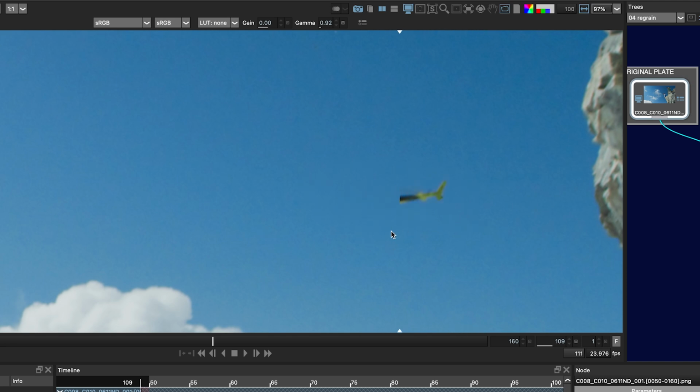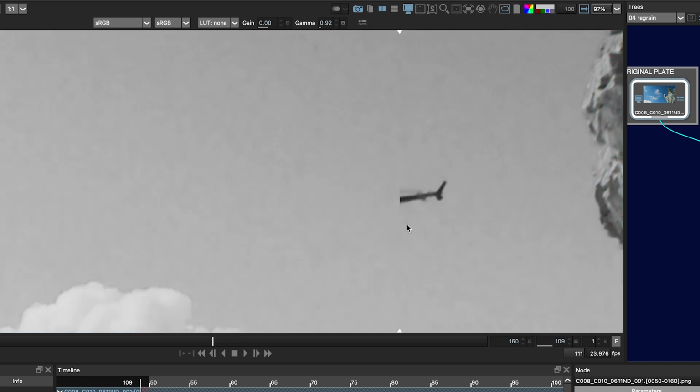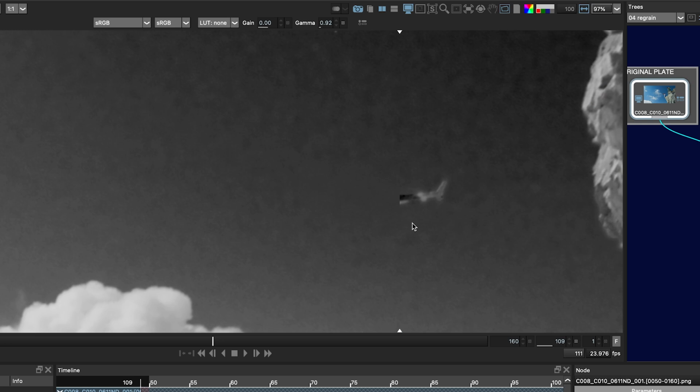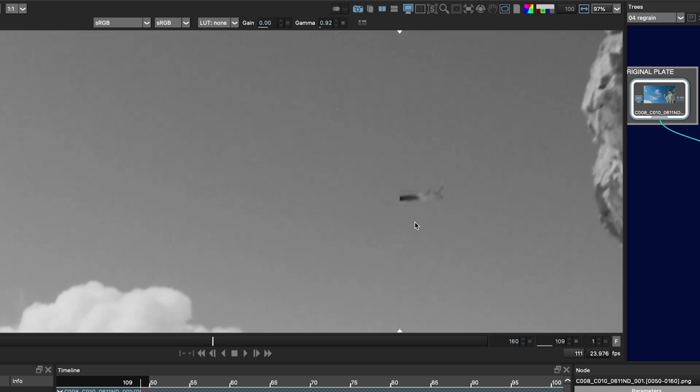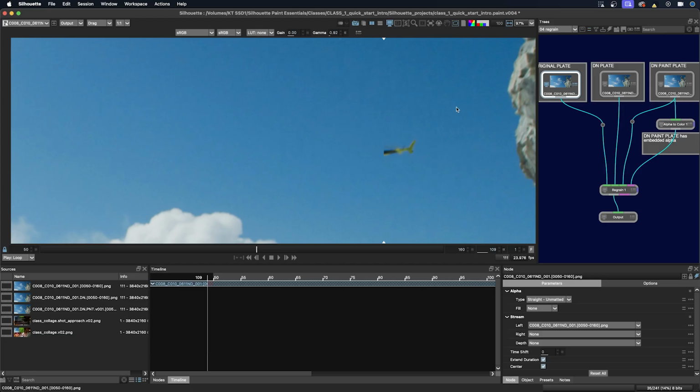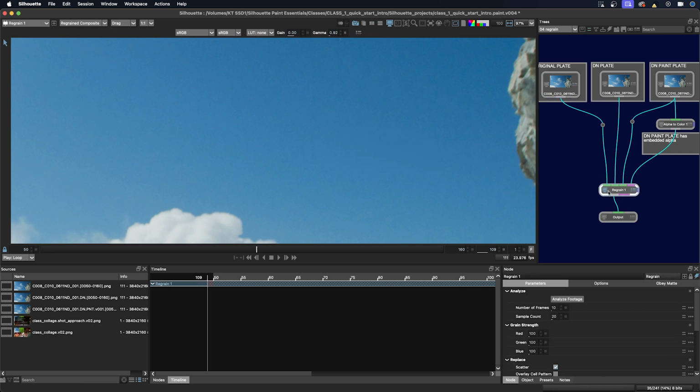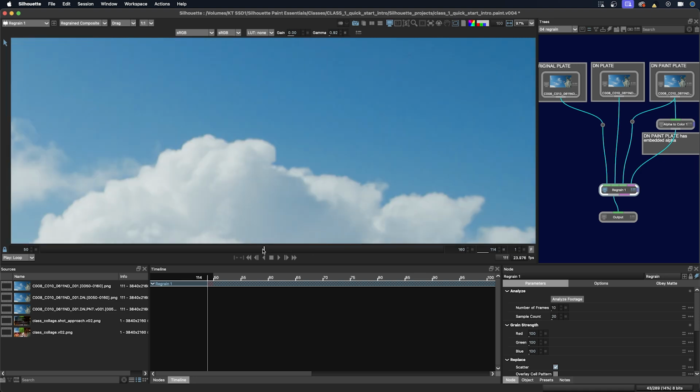I'm just going to cycle through the channels. If the grain looks a little too light or a little too heavy in some of the channels, you can go back into the parameters and start changing some of those. But we're going to just try to finish this class up now, and we can explore those options in a different class later on. I'll turn off the snapshot split screen, and we'll go back down to the regrain node. Okay, so this looks good.